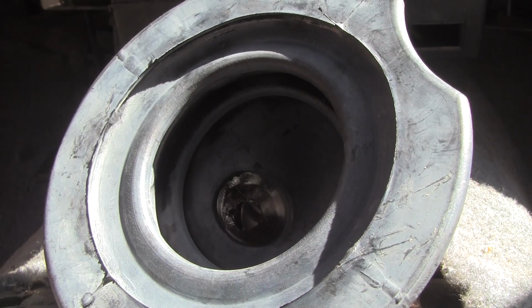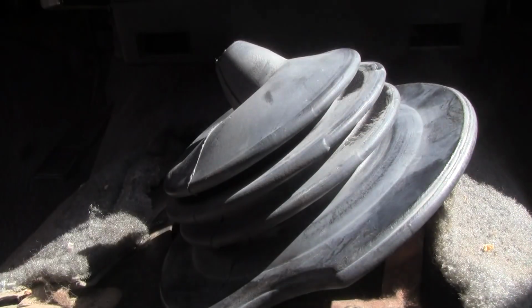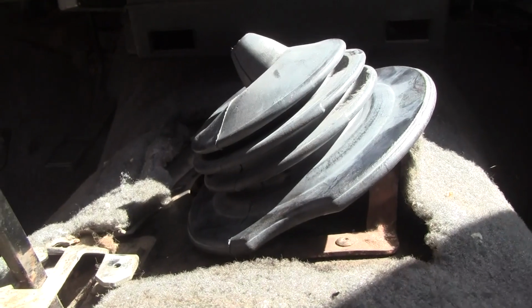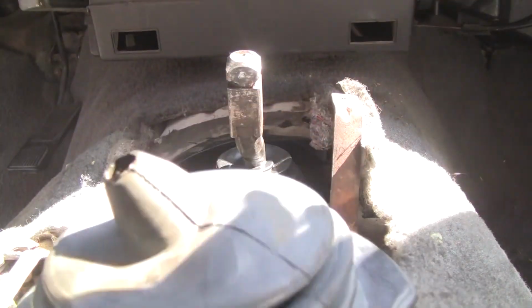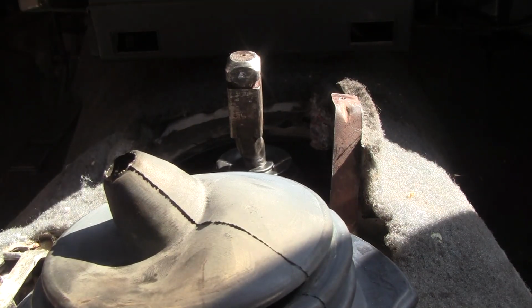So, okay. Now the whole deal is, can we get this in without smacking the hell out of the camera? So I'm going to try and get a little more room for myself. Move you guys back here. Make sure you can see that. Let's see, maybe if I...